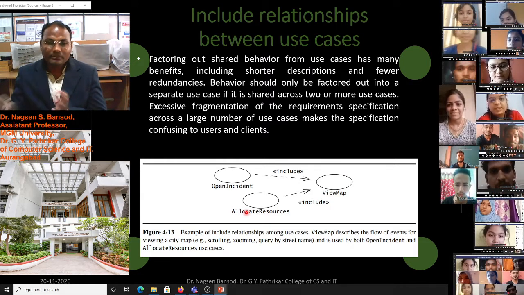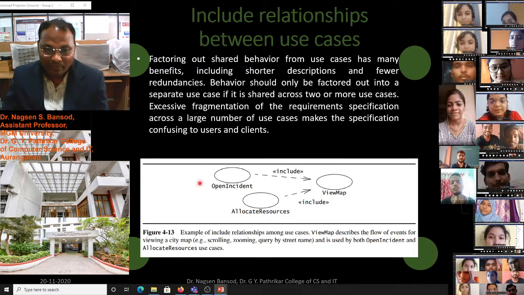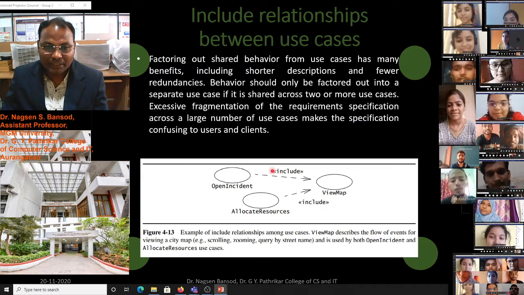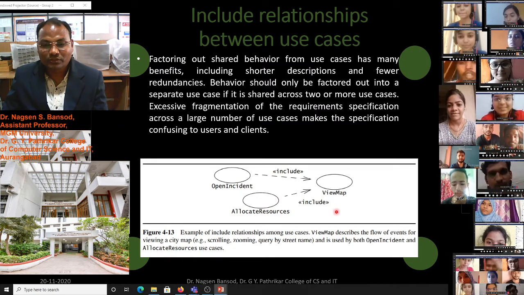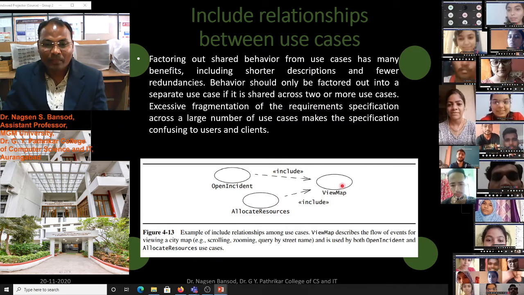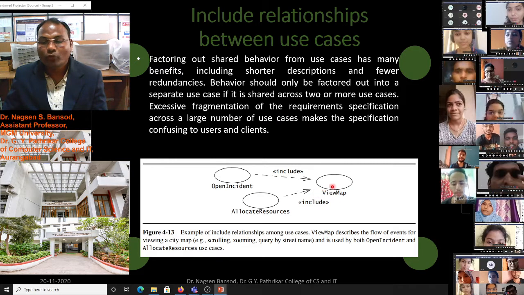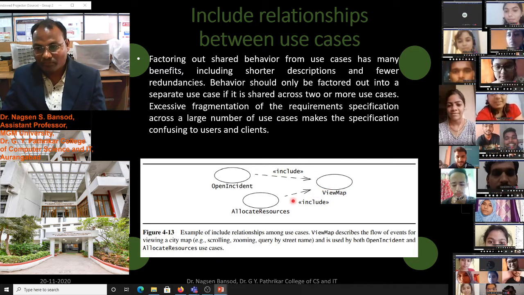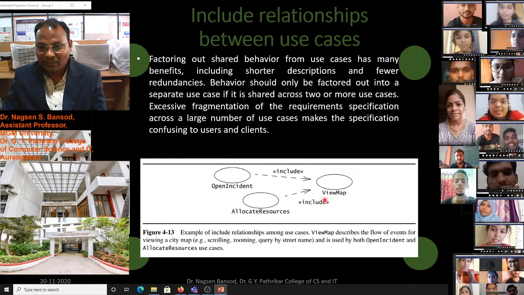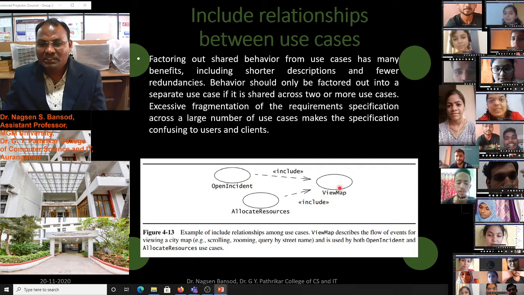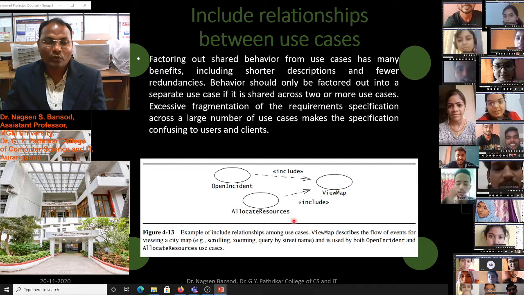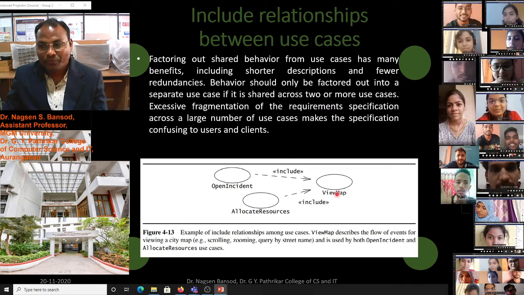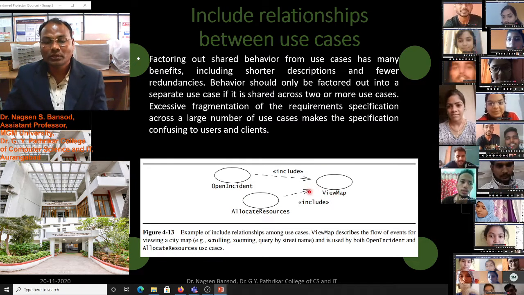Redundancy means if we make one use case for open incident and another use case for allocate resources, then there will be 4 use cases in this diagram, but there are only 3. Why? Because this use case is common to both open incident and allocate resources. Therefore, this is the include use case.